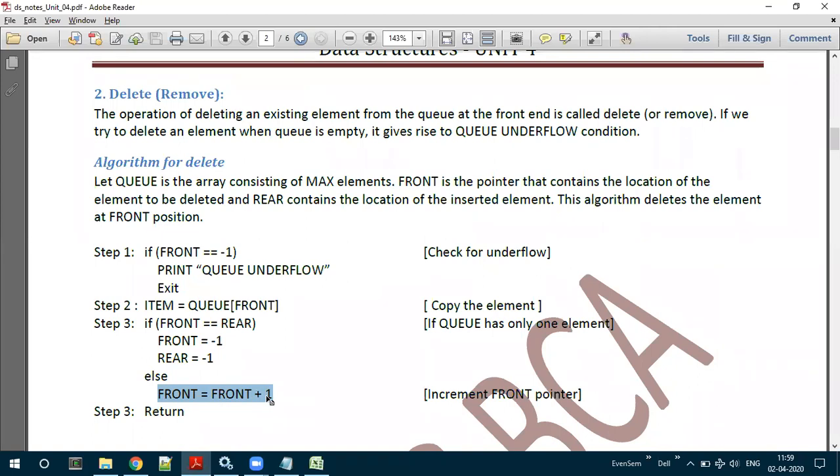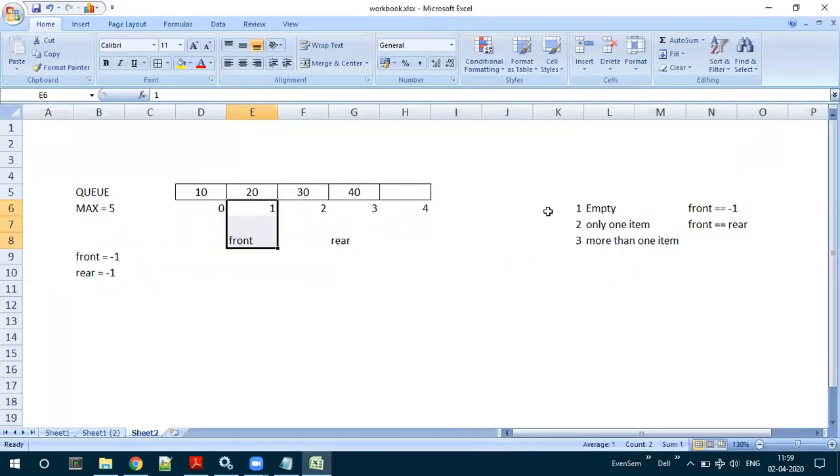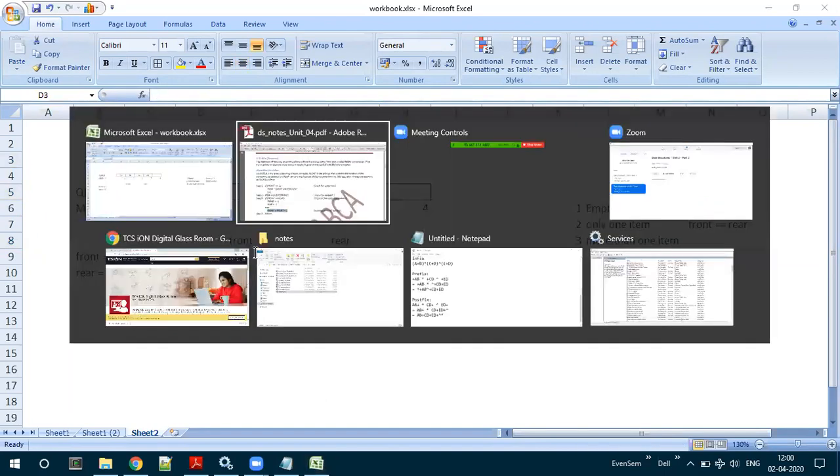Now, as I said earlier, there will be a total of 3 different possibilities. The first possibility is empty, the second possibility is one item, the third possibility is more items. So these two are understood, and I need to re-explain the third possibility. Third possibility in the sense that there are more than one element. Now let us consider that this is the queue as of now and try to see the algorithm.